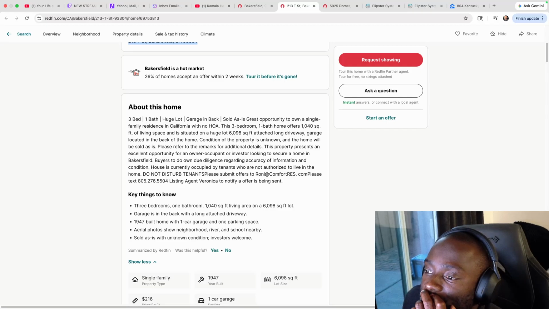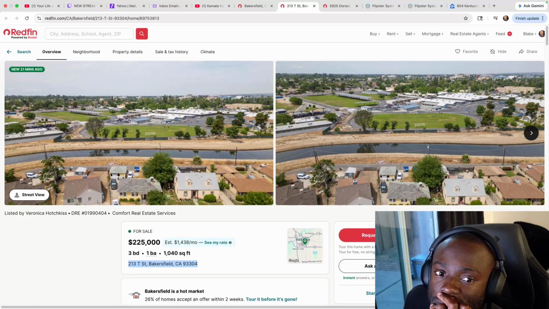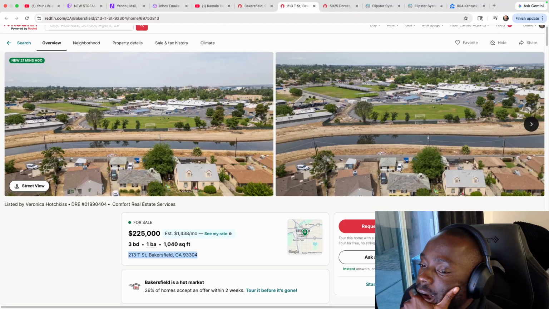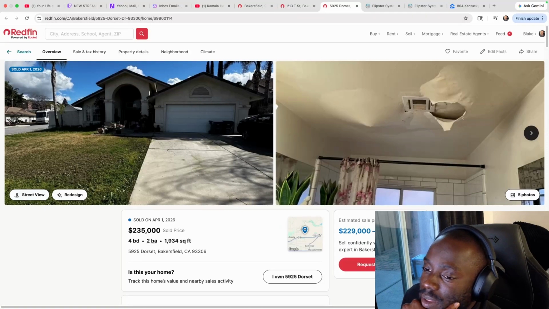That's not in Bakersfield. What we want to do is see if there's any upside. We don't want to lock something up that an investor is not going to be able to profit from.